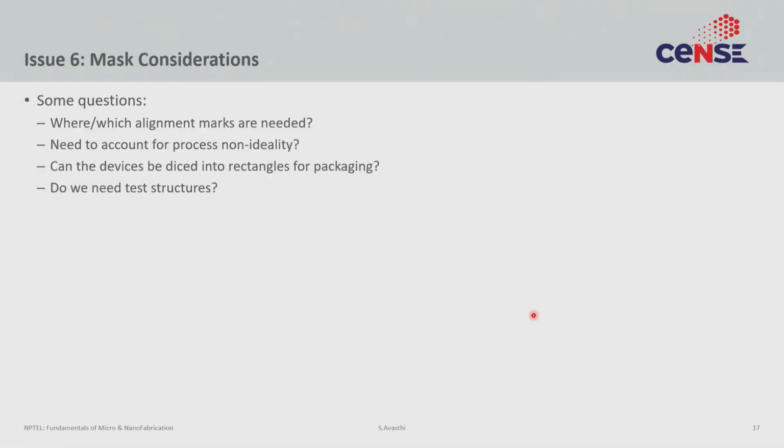A lot of things, mask is often the first thing that people make when they start making a device, right? So you make a device, you make a flow, and the first thing you then do is make a mask. Now, because it's the first thing to be done, any errors or omissions made at the level of the mask really bite you later, right?